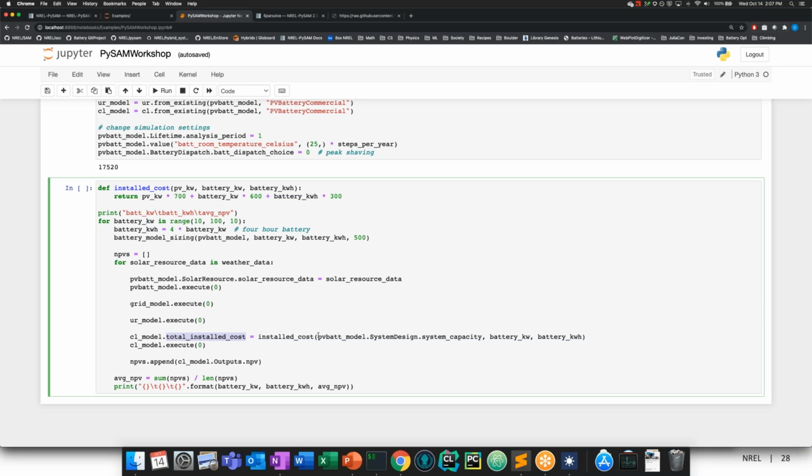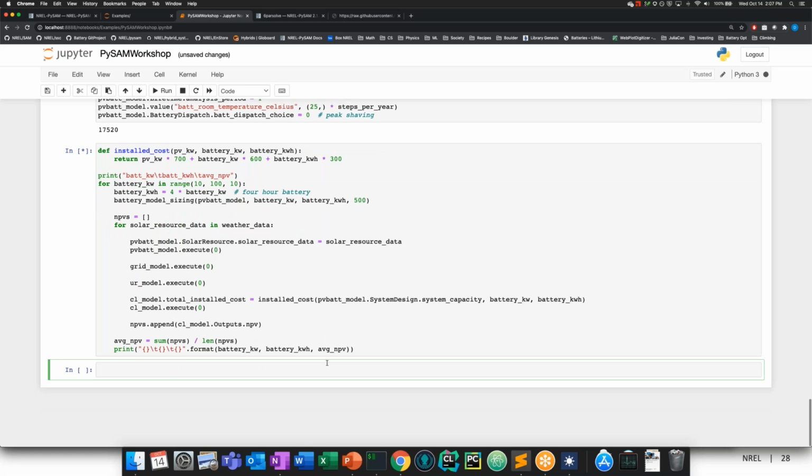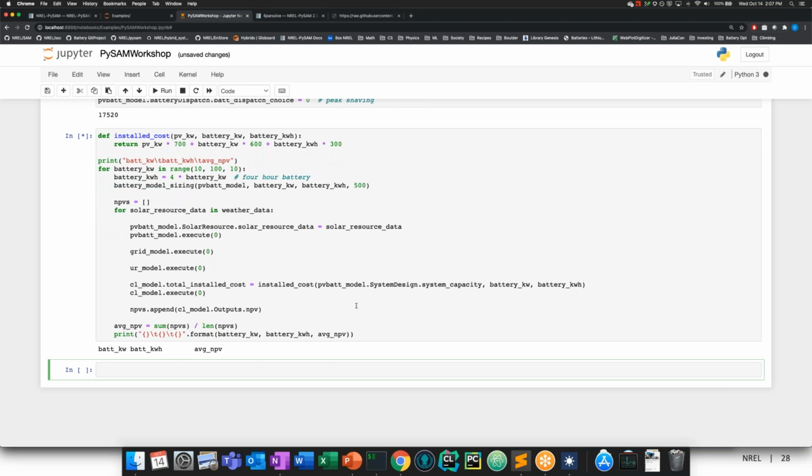In reality, you'll probably want to look at different O&M costs, maybe different incentives. For purposes of demonstration, we're just looking at the NPV and how that changes with the size of the battery's performance effect on the generation and the cost. And so when I run this,